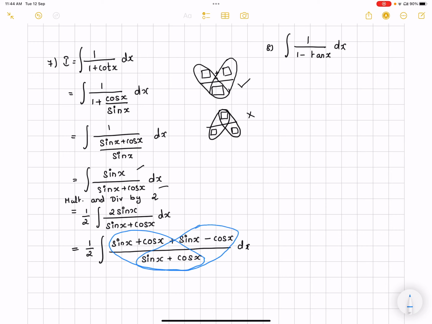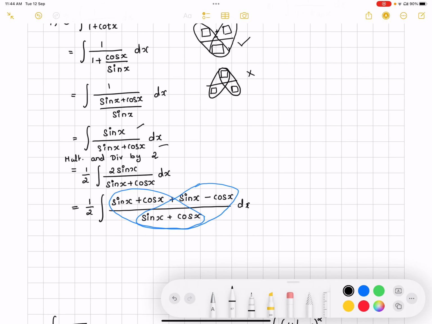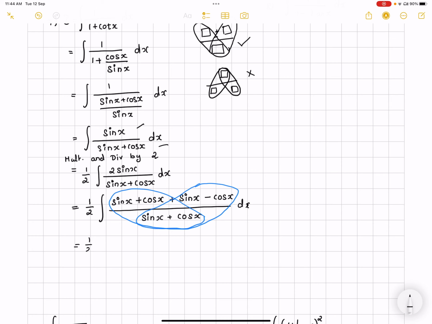So you're able to split in this pattern. So I can split and write it as half of integral sin x plus cos x divided by sin x plus cos x dx plus integral sin x minus cos x divided by sin x plus cos x dx. Now what happens? This one gets cancelled. So I would be having